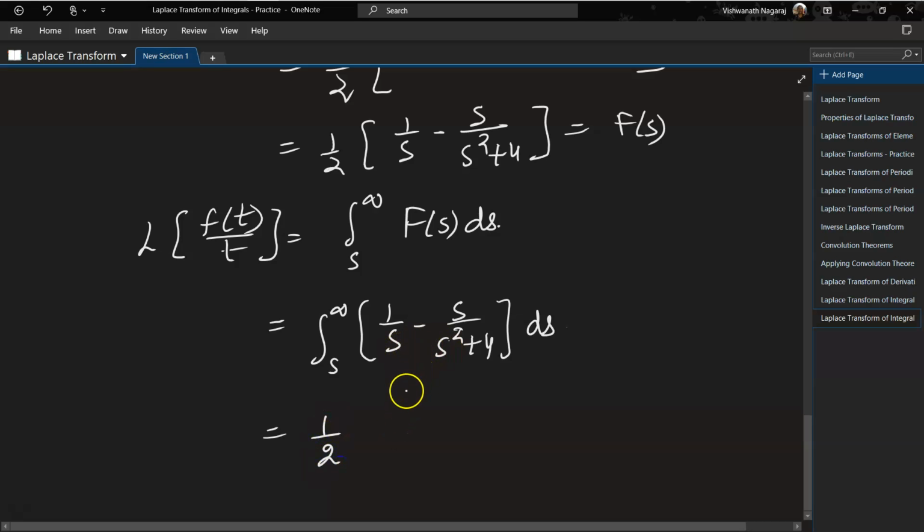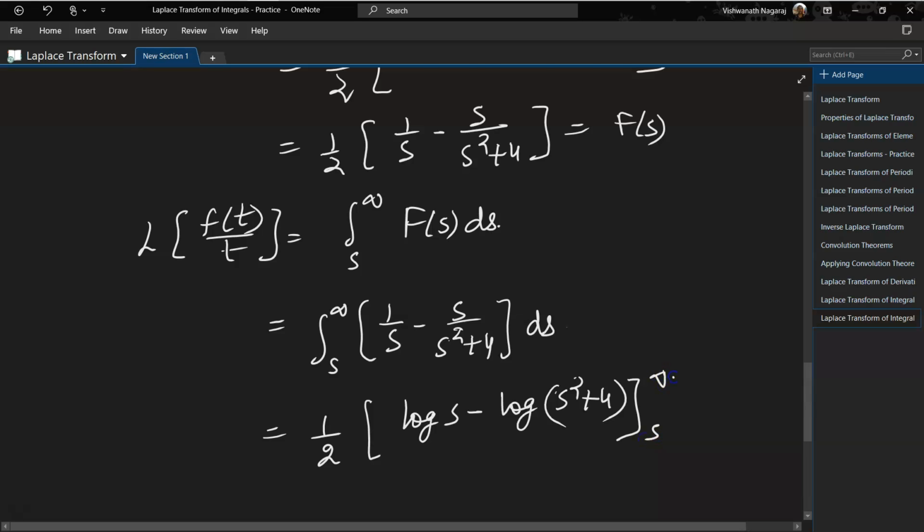We can integrate this separately. 1 by s becomes log s, minus, 1 by 2 being common, log of s square plus 4